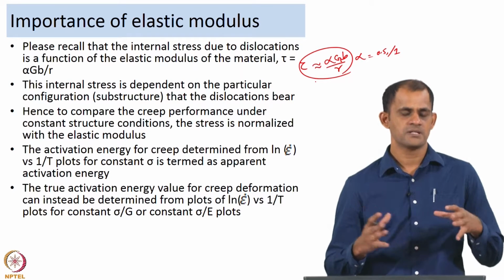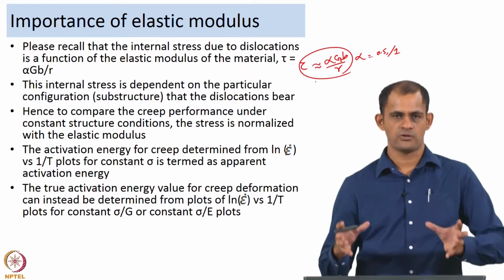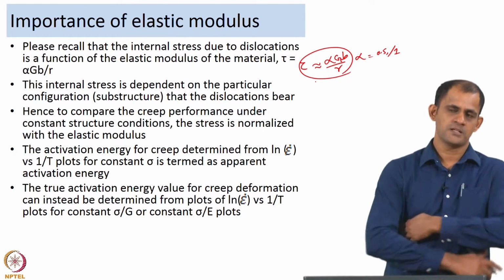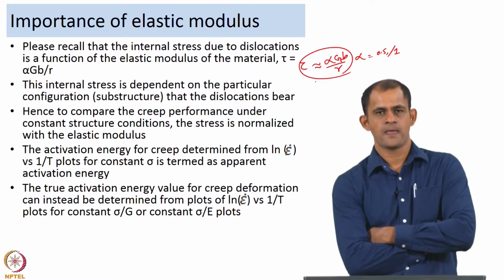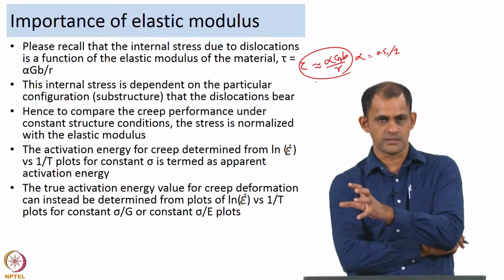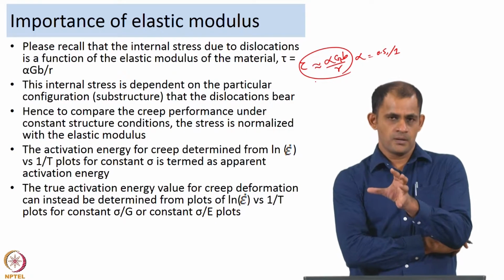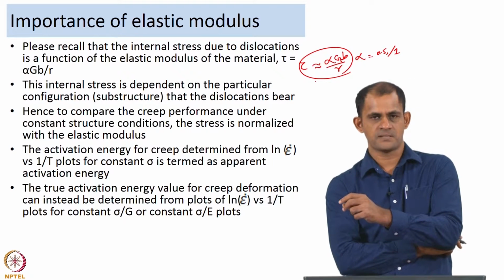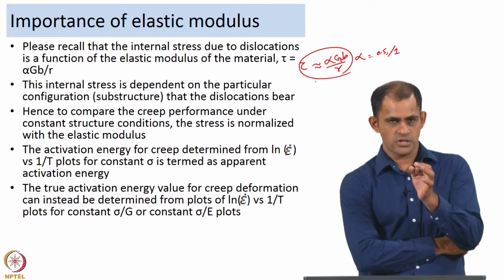Assume the dislocations have a certain substructure, a certain configuration, and the stress field or force field that the dislocation configuration generates is dependent on the nature of the configuration. So, if you want to compare the creep performance under constant structure conditions,